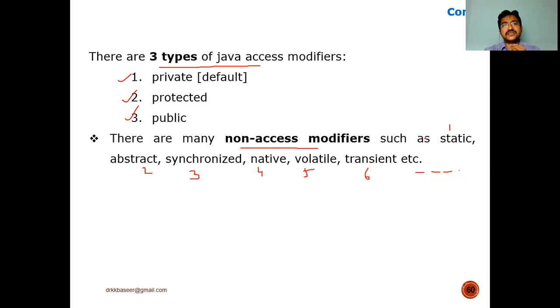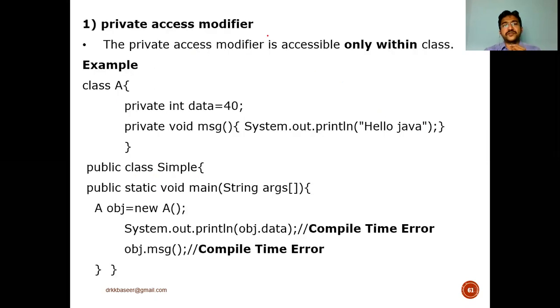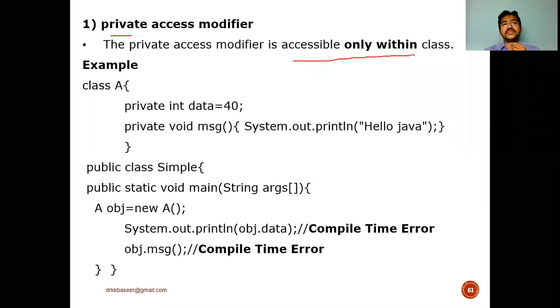Now let me discuss the access modifiers one after the other, as per today's topic, private, protected, public, with examples. Let me start with the first one, private. As the order indicates, private, protected, public, the permissions for private are very few. For protected, a little more permission. For public, it is all permissions. Now, the private access modifier is accessible only within the class.